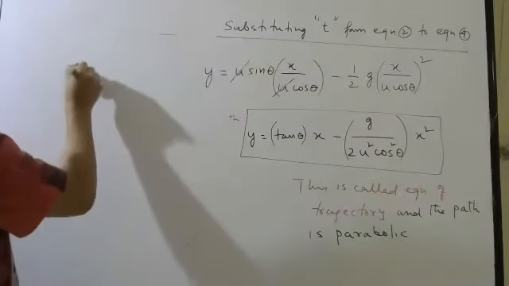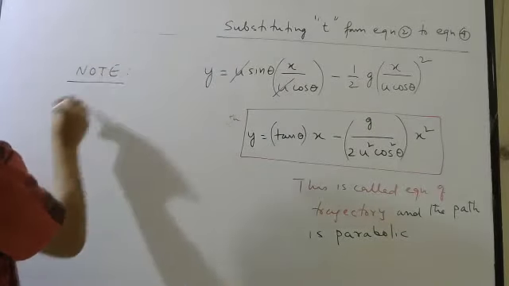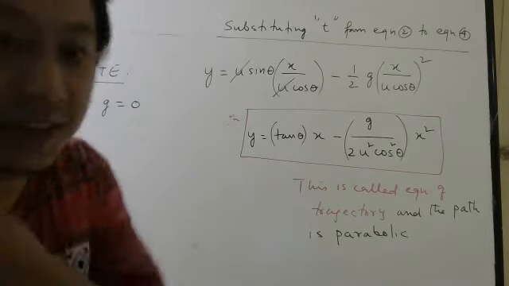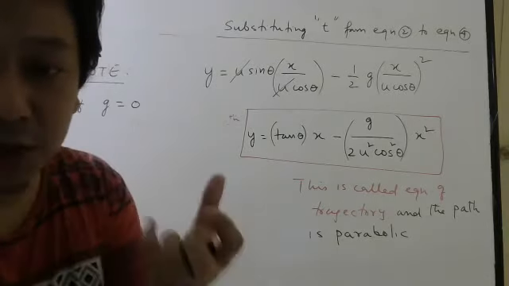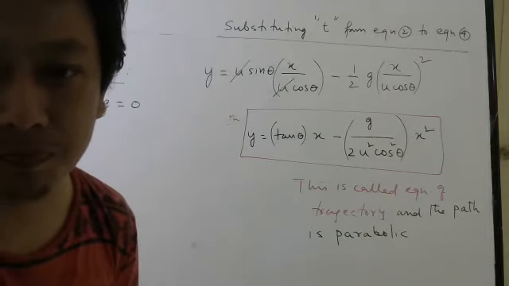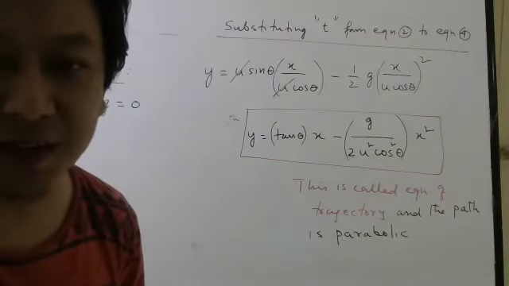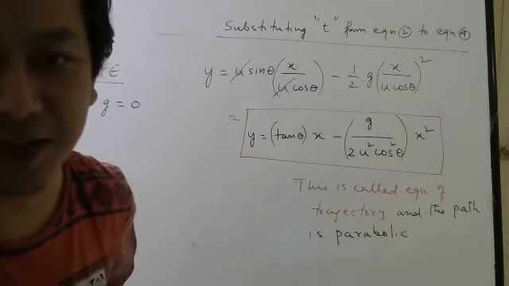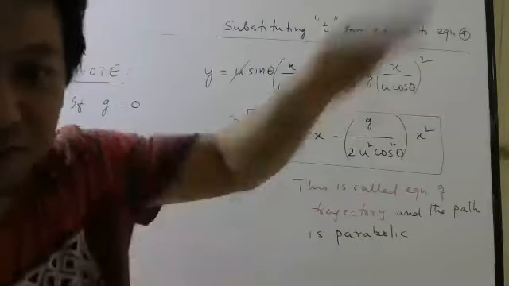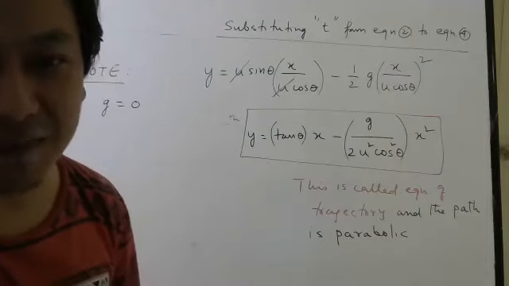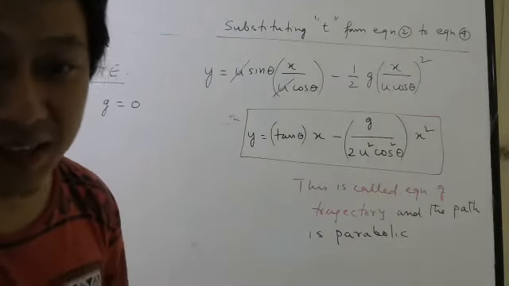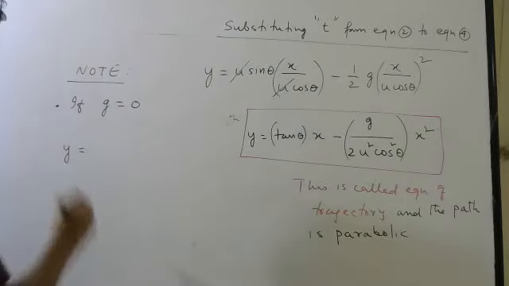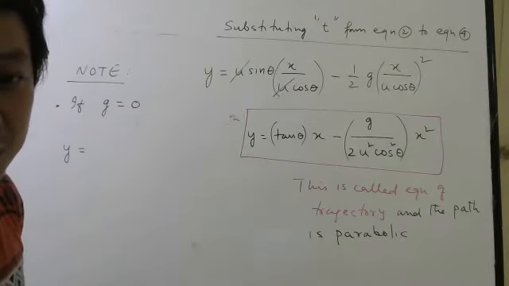Now, some interesting things you will check. If gravity was 0, if acceleration due to gravity is not there, matlab you don't feel force of gravity. Maybe you have gone to outer space somewhere, very far from planets, very far from stars, very far from black holes, white holes, wormholes, whatever it is. So you have gone very far, no other masses are there. So no gravitational force you feel. In that case, your G will be what? 0. Then can you tell me what will be the equation now? Now what will be the equation if G is 0?